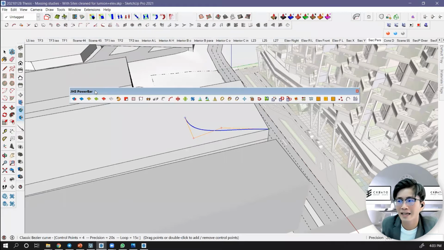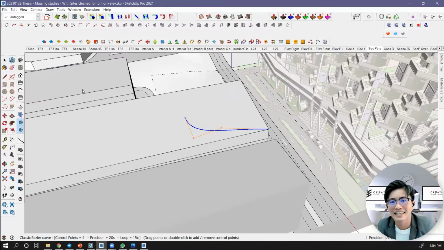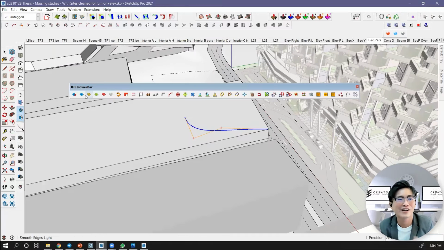Another one that I believe is better than 1001, because I use it more than 1001, is JHS Powerbar. But unfortunately, you cannot get it in the 3D Warehouse. So how? Sketchucation.com. Tips for you. Because JHS Powerbar is like the Avengers, a collection of superheroes. Here we have superheroes from many movies, from many software developers.